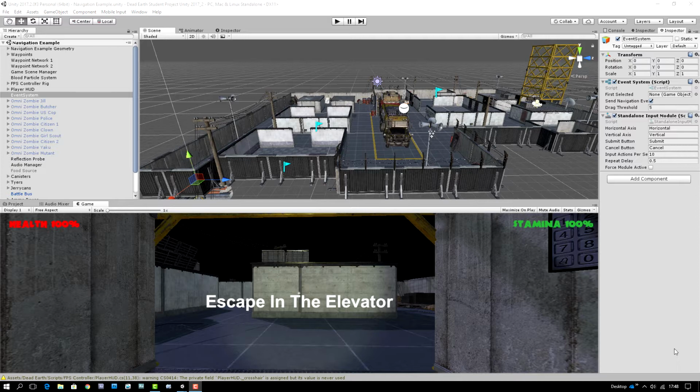And when we activate that script, it's going to do a whole load of things. It's going to change some of the material properties, so all of the light sources in the level have emissive materials on them so they glow white. It will also enable different game objects that have sounds on them that are set to play on awake. So we're going to hear a lockdown message in the background playing over the tannoy system. It's going to enable engine sounds for the generator, and it's also going to turn on lots of light sources